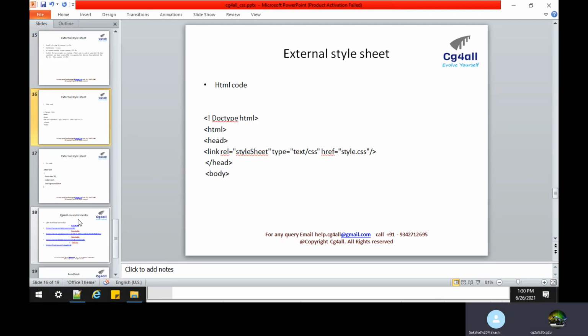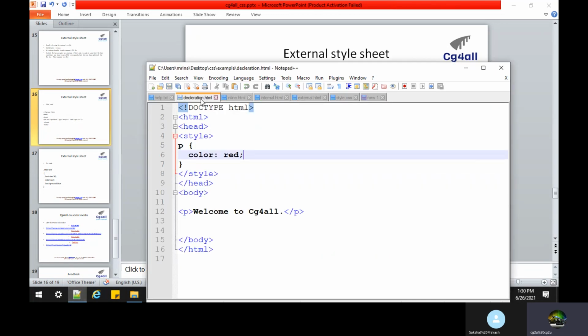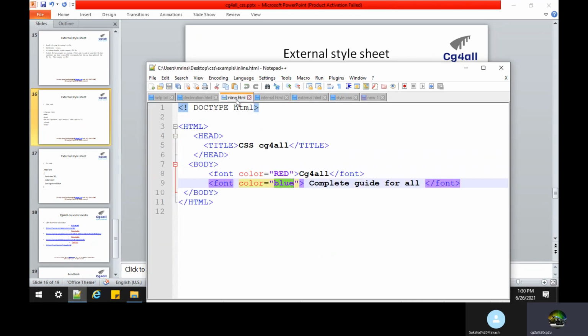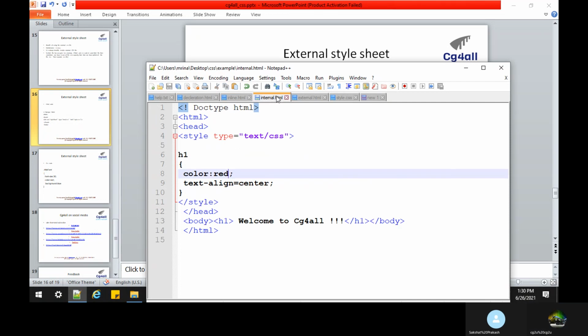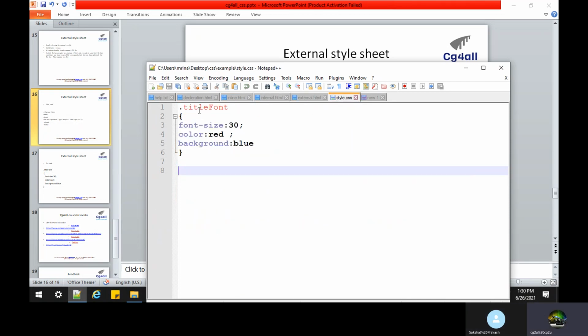Yes. One doubt. Why do we use the title font? No, it's not a title, it's a name only. There are many attributes, right? So it's a name. The name should be mentioned. The title font is like a name. It is the same as the class name in your HTML.